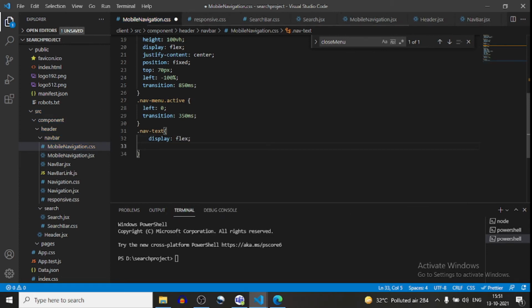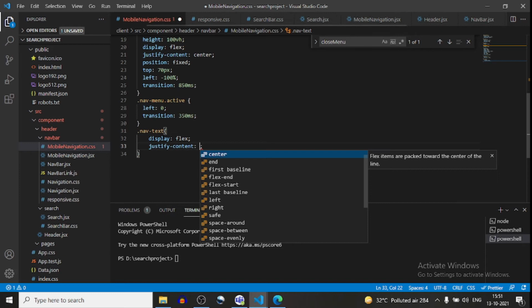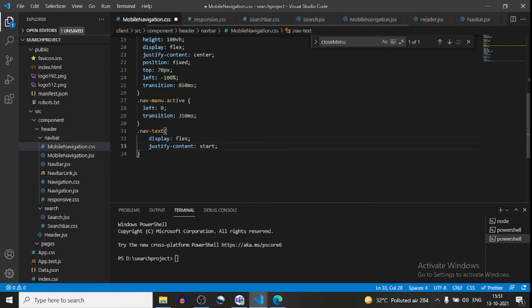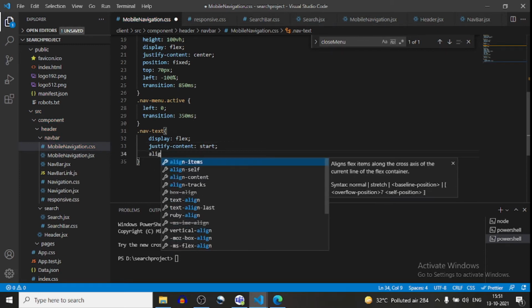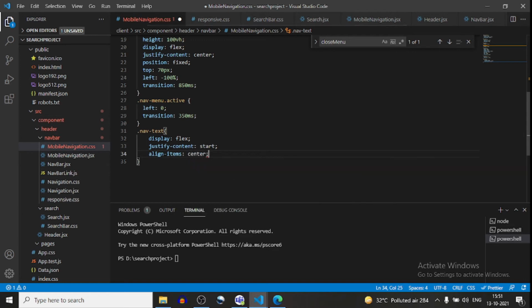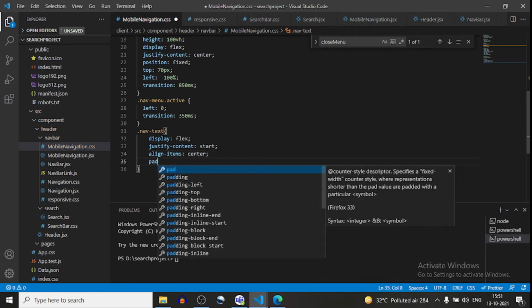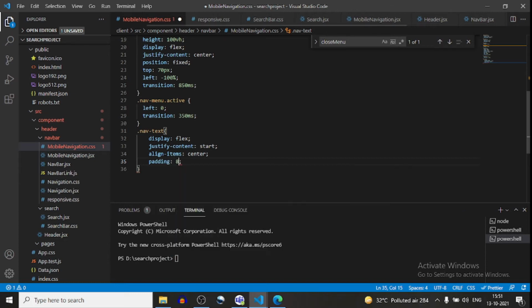Justify content will be start, and align items will be center, and padding will be 8 pixel, and 0 pixel from right, and 8 pixel from bottom, and 16 pixel from left.